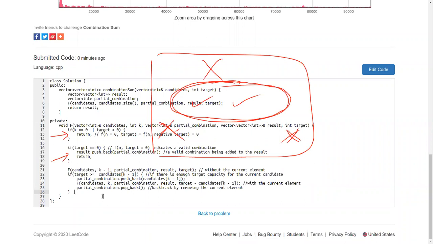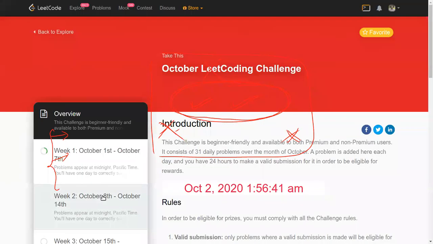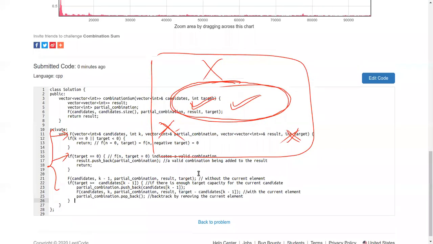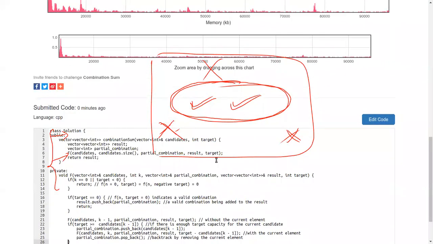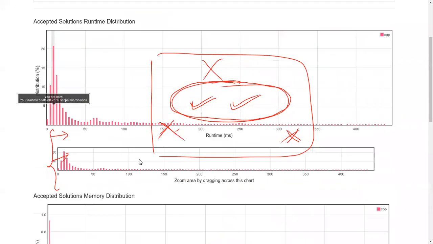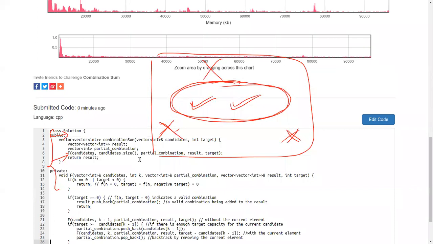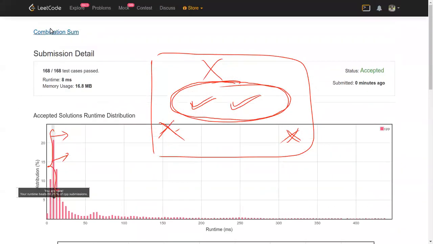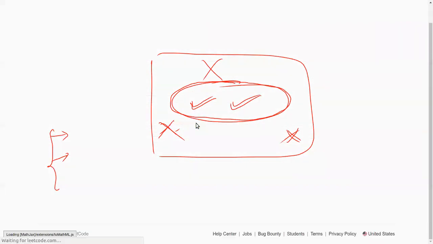But yeah, what if this were more like a counting problem? We just had to count how many such combinations exist. Then if you just implement it this way, it'll still take the same time, but we may not be expecting such a time. If you see the constraints of the problem, I think I should go back and see. Okay, it's not going back. Maybe I'll go back to this problem.